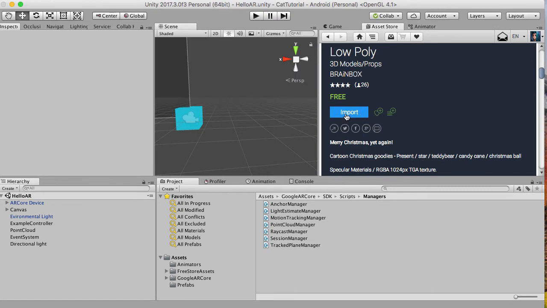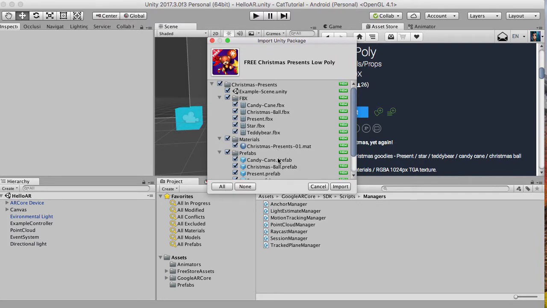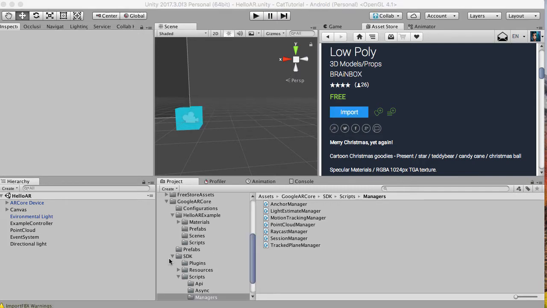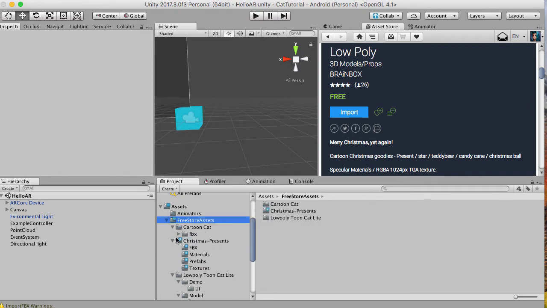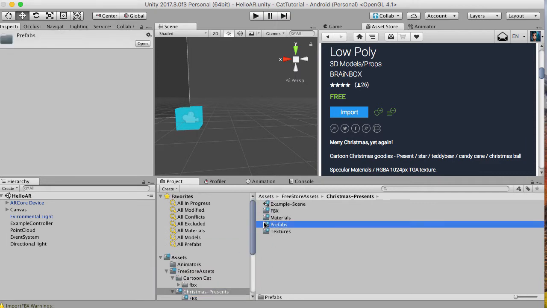by clicking import, and then once it pops up I will import everything in there. I don't need everything, but I'm going to do it anyway. And once it's in, I'm just going to shift it to the free store assets folder because I just want it to be a little bit tidier. There we go. You can use any prefab you want for this, by the way, but